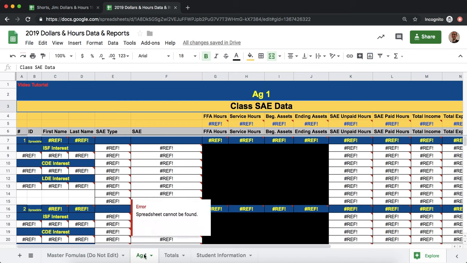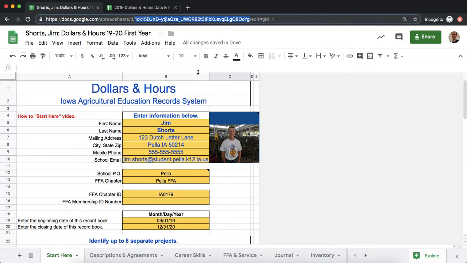Next up, what we need to do is go find some records. Now I'm going to use this Jim Shorts record, and at the top of the web page, you can see that you actually have your URL. Every single Google document has its own unique code or ID, and usually that's with a D, then a backslash, and then everything after that is the beginning of the code, right up until the next backslash. So you're going to copy that,